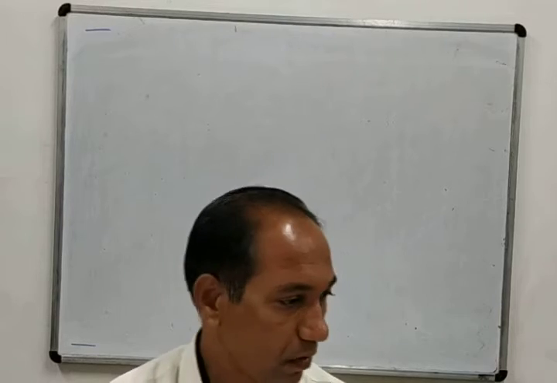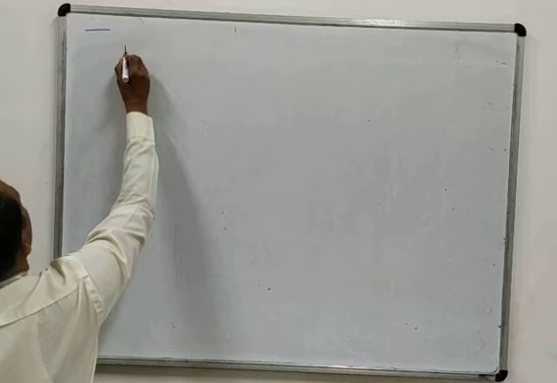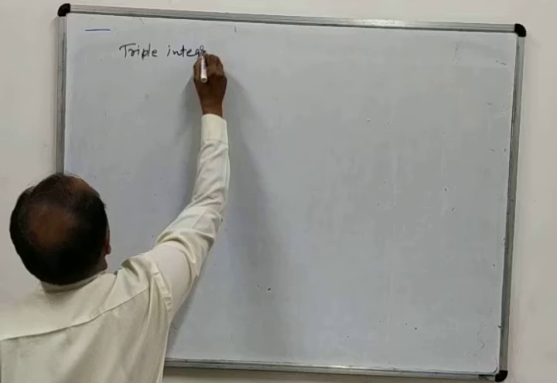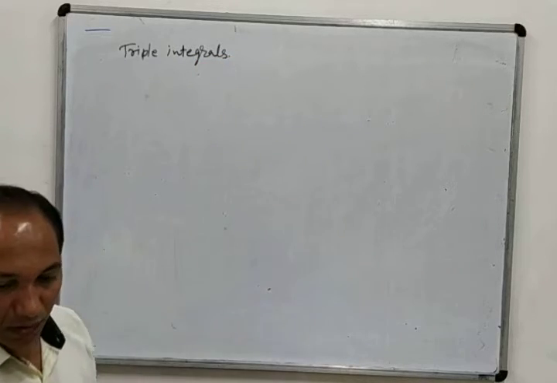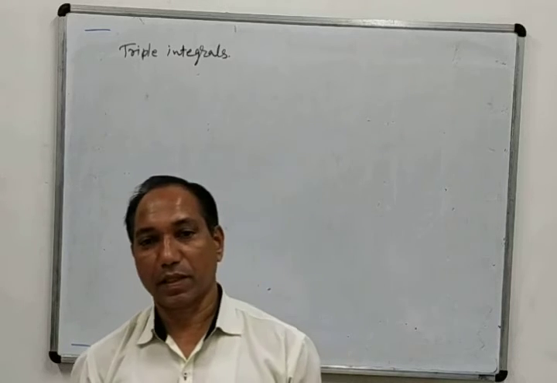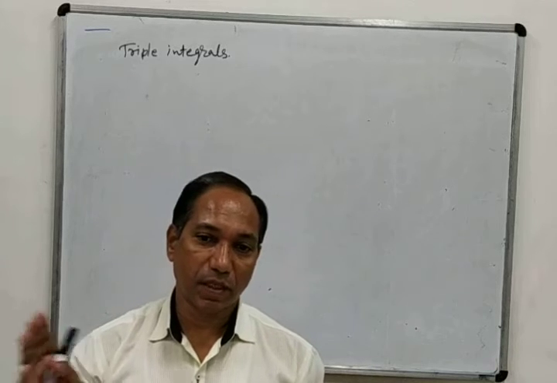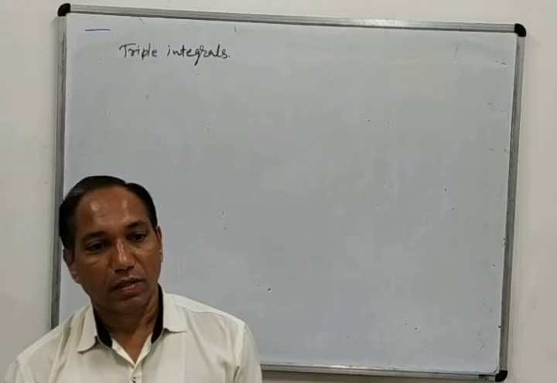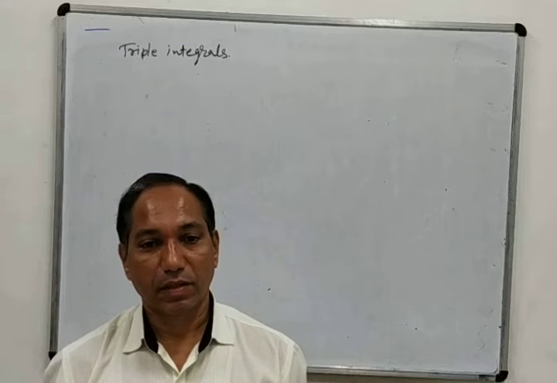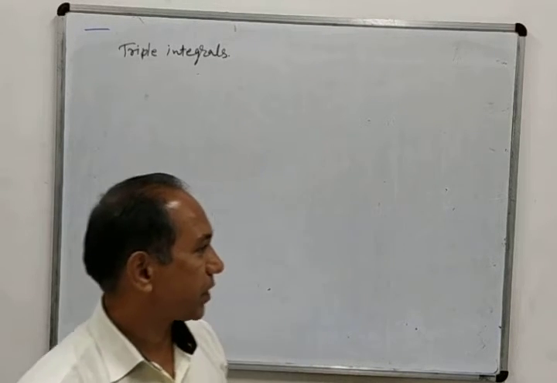So students, now let us see about triple integral. Up to now we have seen about double integrals. In double integrals we have seen the problems of double integration with given limits. That means when the limits are given, then we can solve the double integration one by one as per the limits. That means with respect to which variable we require to integrate, with respect to x or with respect to